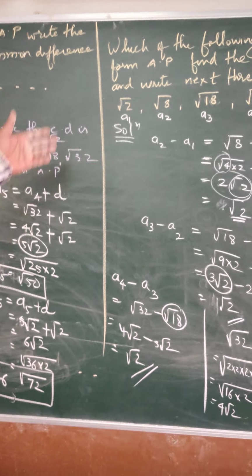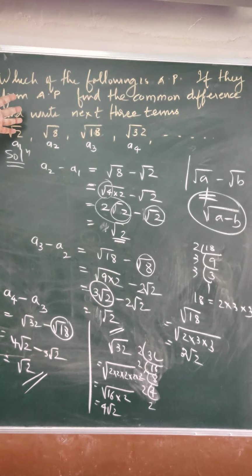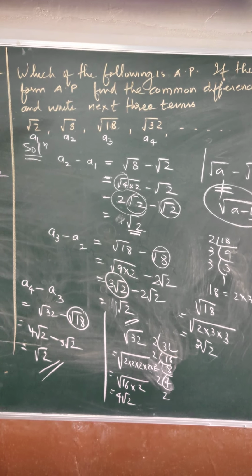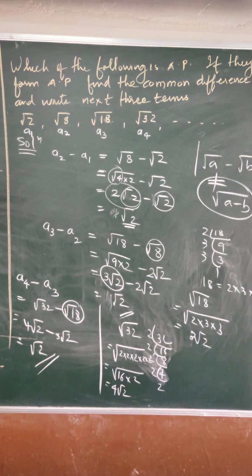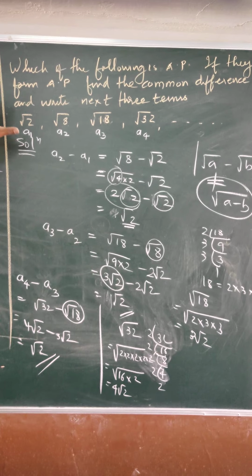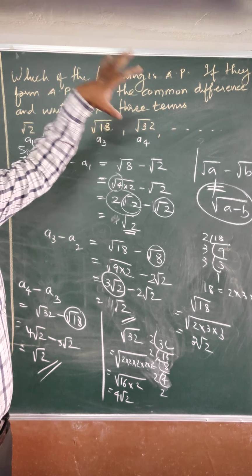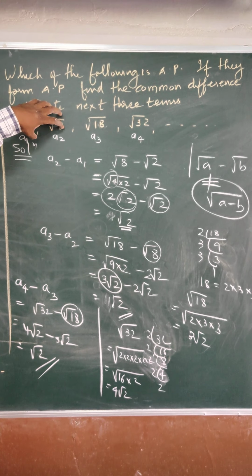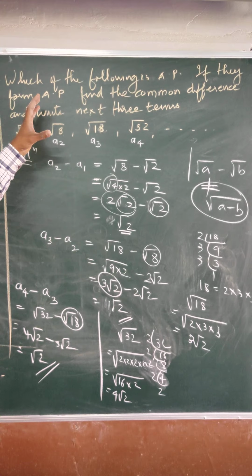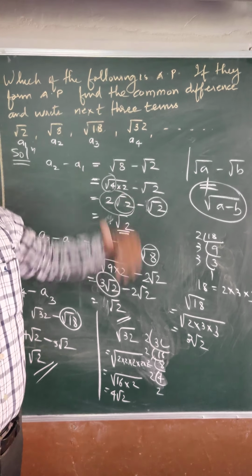I will be telling once again about this question where you have to identify whether the given numbers are in AP. I want to conclude by saying that whenever you have to check whether numbers are in AP, you have to always check the common difference between all the numbers given in the question. Don't check only the first two and next two and decide whether it is in AP. You should always check the common difference between all the numbers given in the question.